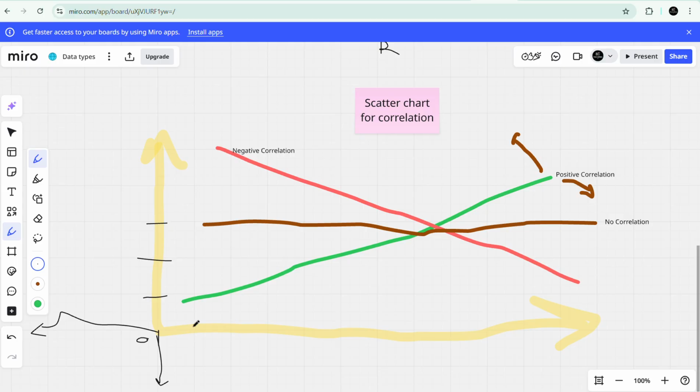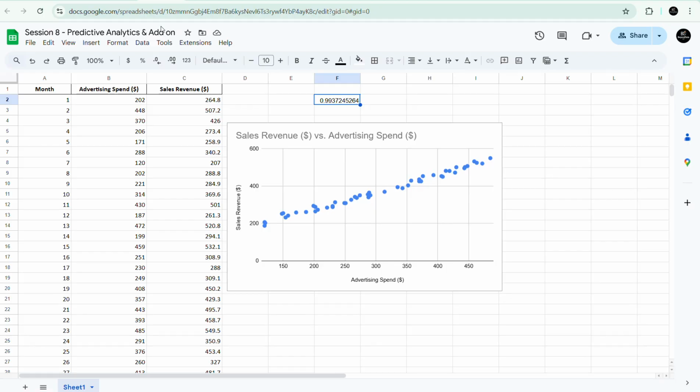Hizo zinaenda juu ni positive, hizi zenye zinaenda huku ni positive, huku ni positive, but zenye zinaenda huku negative, zenye zinaenda huku chini negative. So depending on where your position is, for example kama uko unataka kuplot negative 200 against negative 264, then that